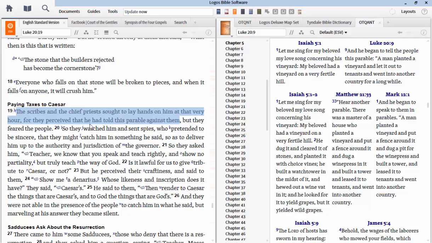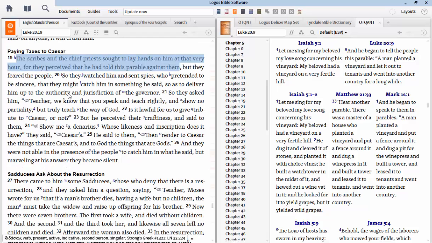All right, on Wednesday we have another story. He's just continuing to go through the story here in Luke 20, and God versus Caesar. And I'm very happy that the lesson writer says towards the end of Wednesday that when Jesus talks about render to Caesar the things that are Caesar's and to God the things that are God's, sometimes a lot of preachers